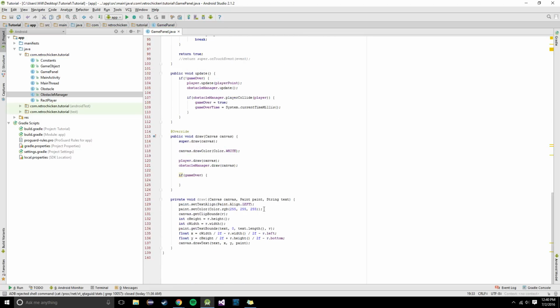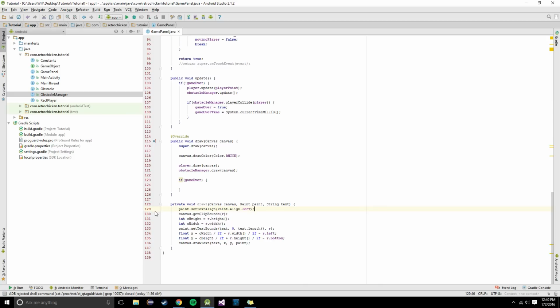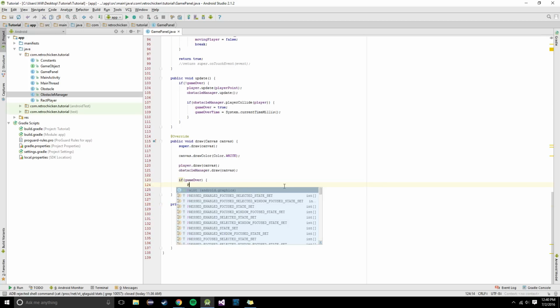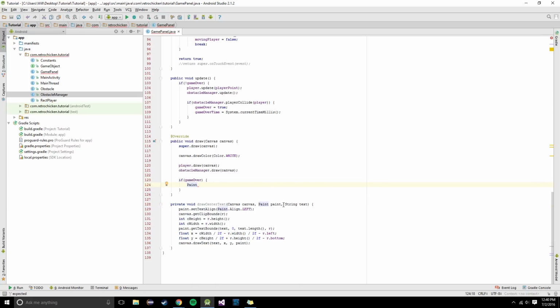That's that. And now come back here to draw one and delete this line where we set the paint color, because we want to be able to set that elsewhere. And instead of draw one, I'm just going to rename it to drawCenterText, because we're drawing text in the center of the screen. So now if game over, we want to draw our text, and you see we need a string, a canvas, and a paint, all of which we have except for the paint. So we're going to make a new paint,